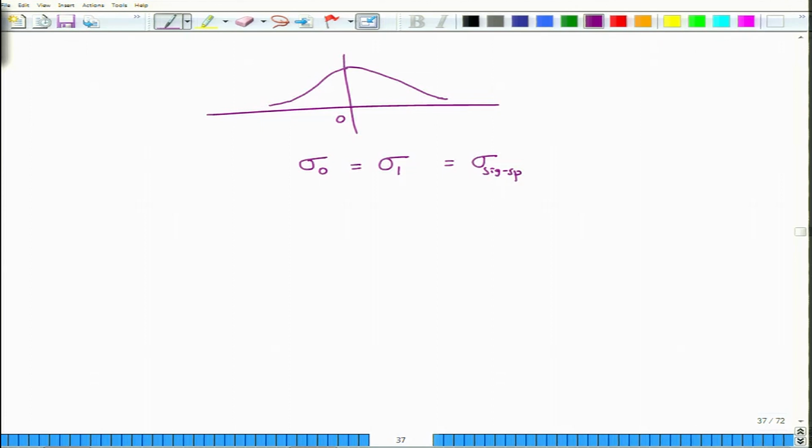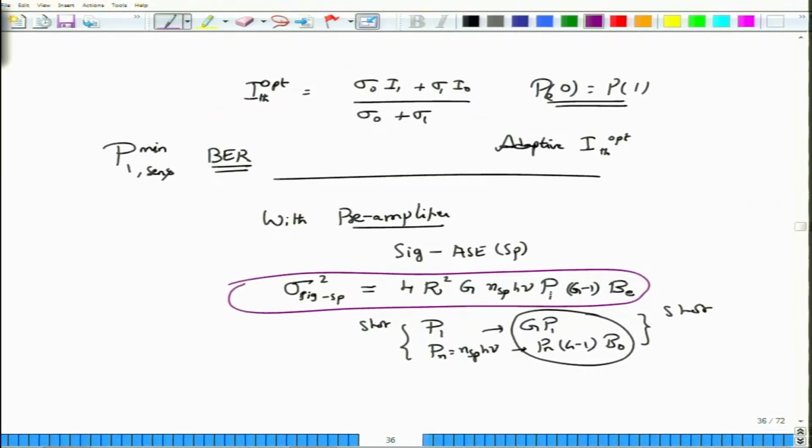Okay. So, this is an important part, and because signal spontaneous noise is equal for both sigma 0 and sigma 1, you do not really have the problem of having to deal with two different values of sigma 0 and sigma 1. So, this is an important part of how the preamplifier will actually modify things. There is still some difference, because P1 is what we have received. So, when P0 is present, again this signal spontaneous noise will be very small. So, you still go back to the thermal noise case itself.